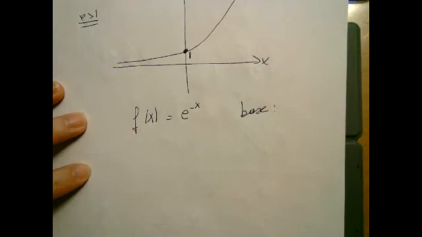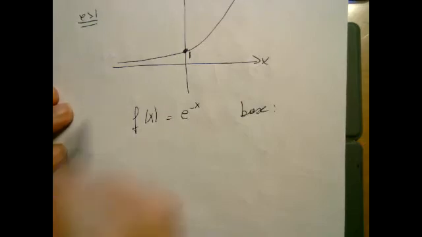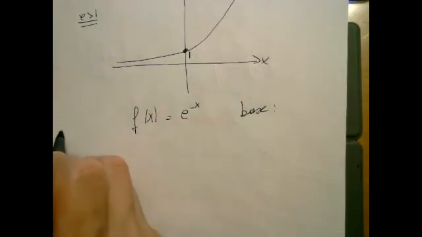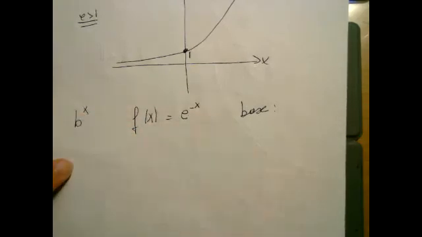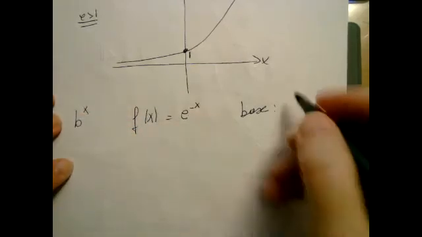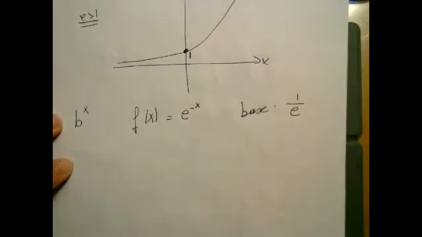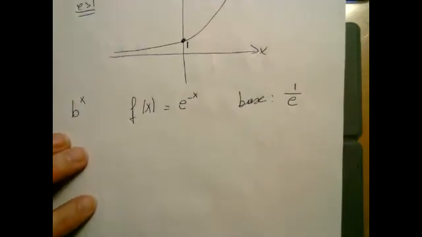E. Nope. Not E. Remember, the base should be b to the x. I don't have b to the x. The base is actually 1 over e, and let's say why. Elizabeth told us it's 1 over e, because